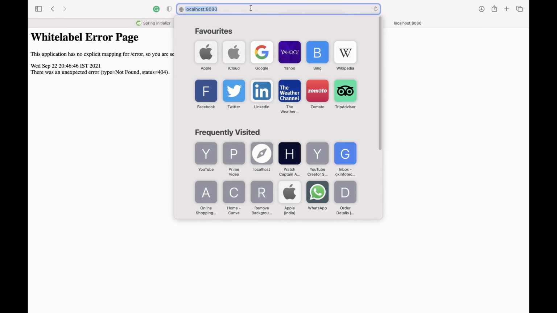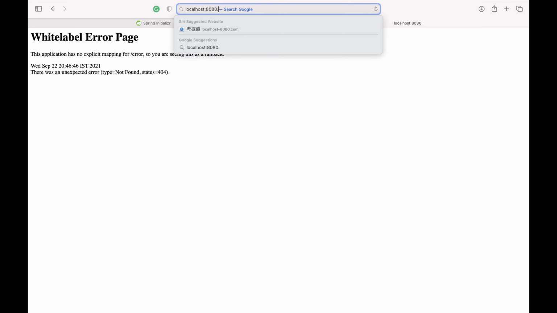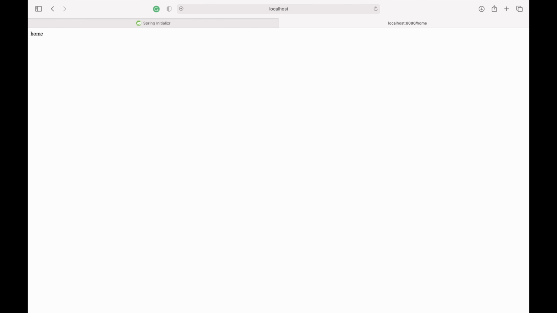Since it's a Whitelabel error page, we are missing the call to that endpoint. So the endpoint /home. Now if you look at it, we got the respective response as home, which means our basic Spring Security authentication is working.